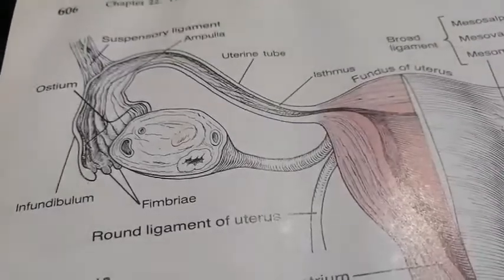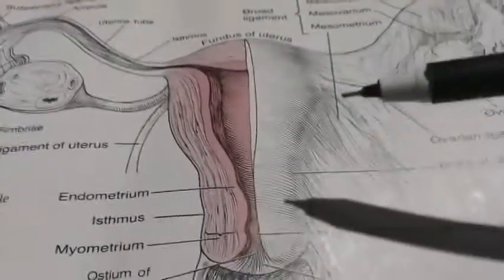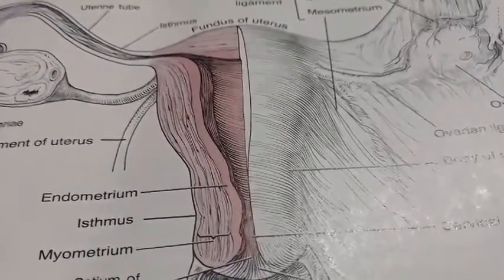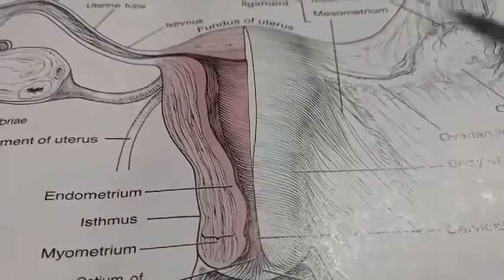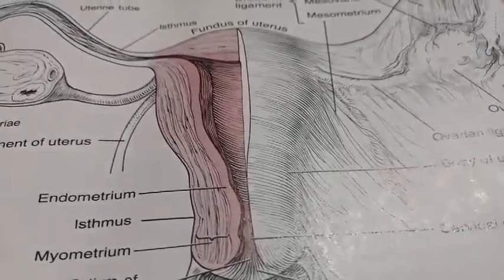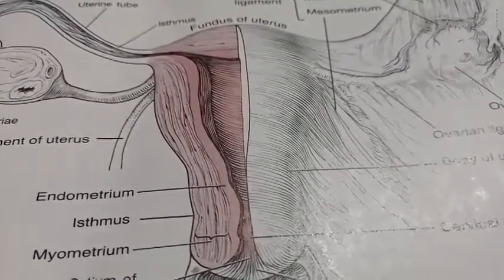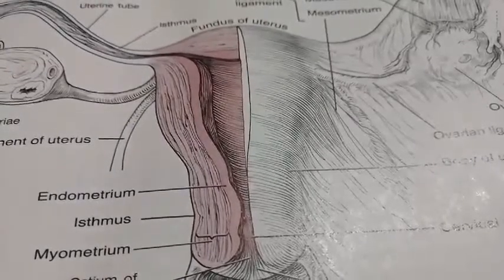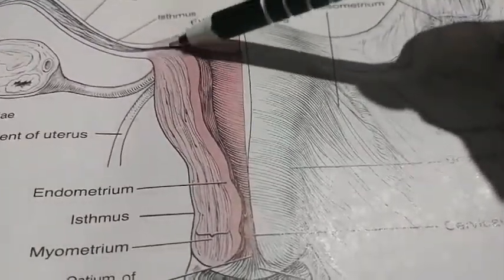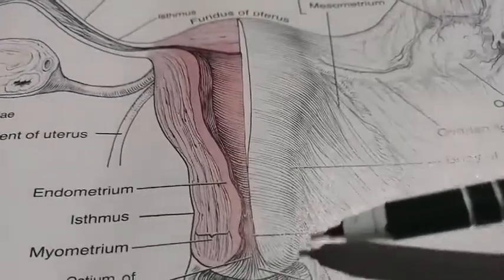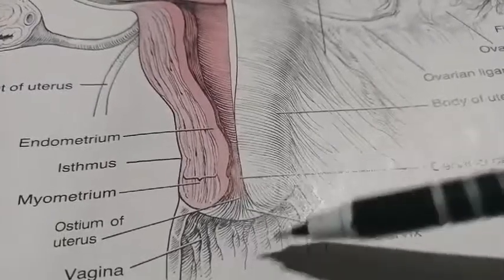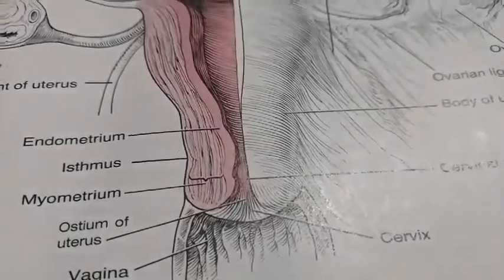Okay, now moving to your uterus. Now the uterus is what? It is a hollow, pear shaped organ. It's a single structure. From the anterior lateral end, it is receiving the uterine tubes, and it extends to the vagina. At the lower portion of it, it is opening into the vagina.